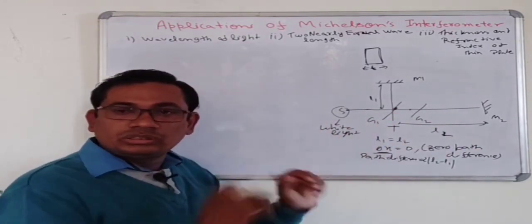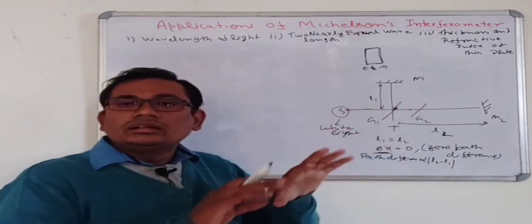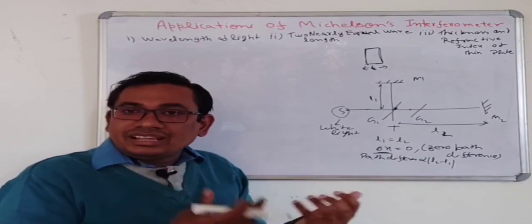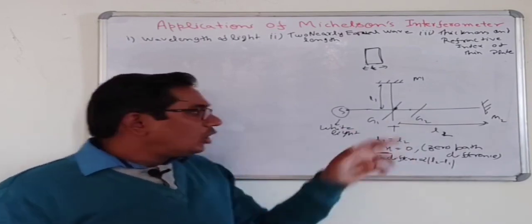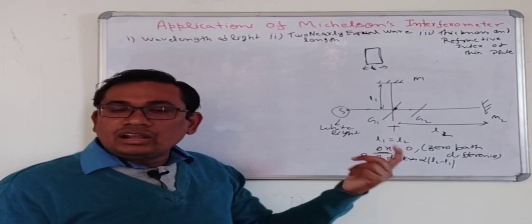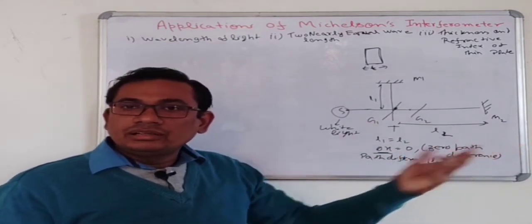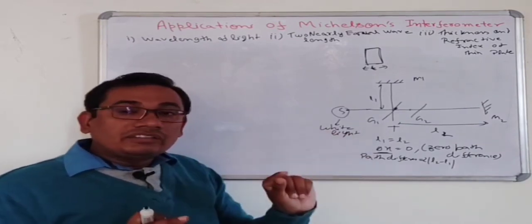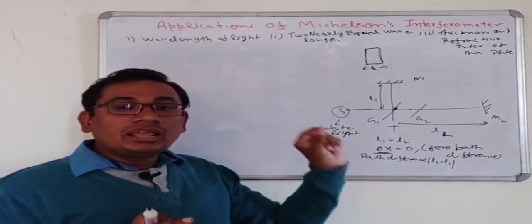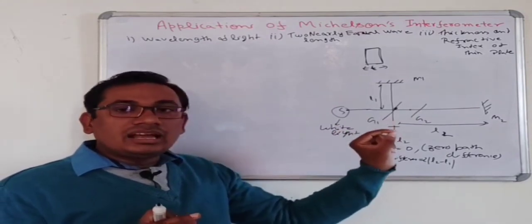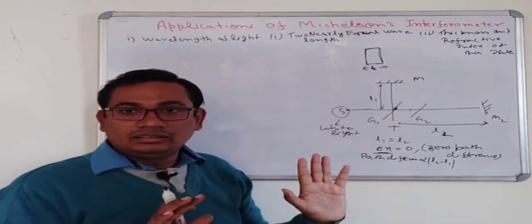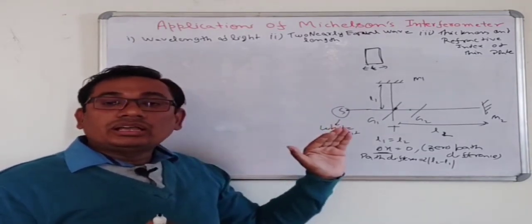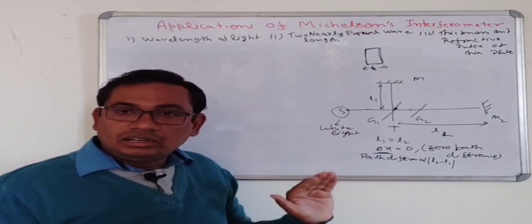Now you change the source. What do you see? You will see bright and dark fringes. You can't say that it is the zero path difference because we have changed L1 or L2. Again you will see dark and bright fringes, so you are not able to say it is at the zero path difference. You will see colored fringes at the center. With the help of white light, you can calculate the zero path difference.